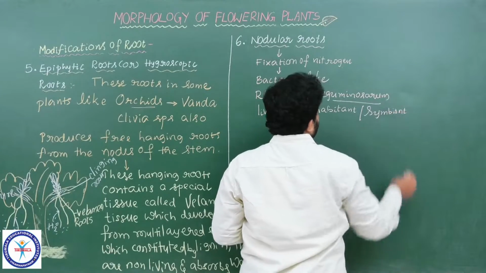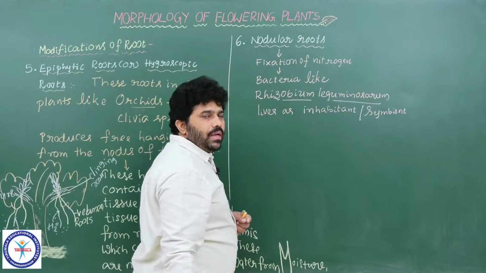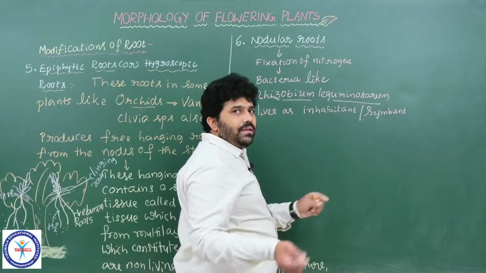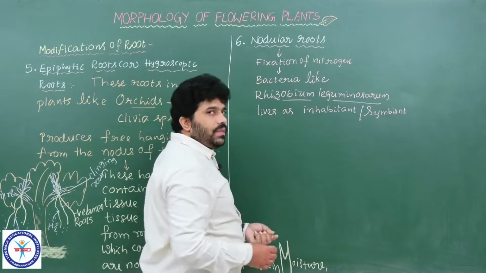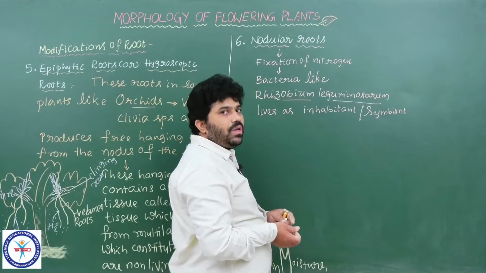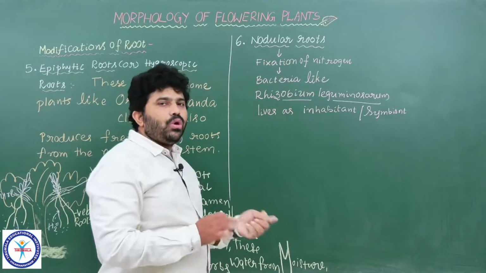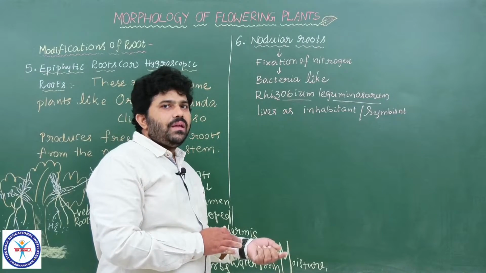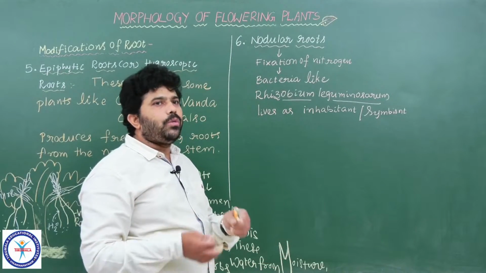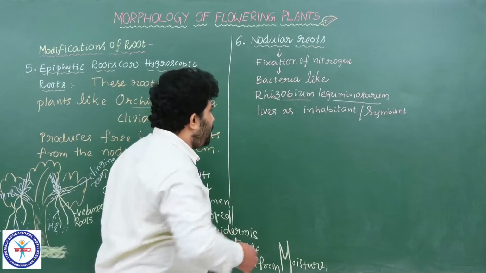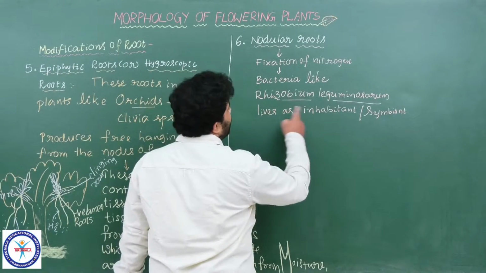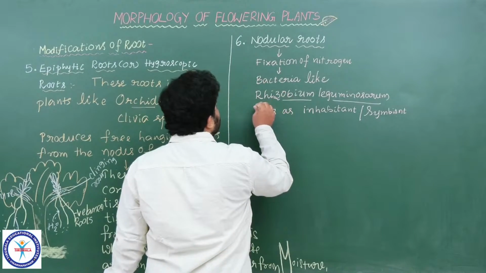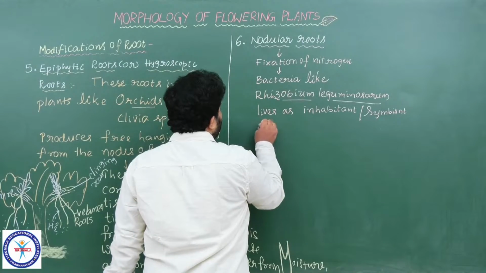Symbiont means two different organisms living together like a single organism. Understood? Both are getting benefited, vice versa. That type of relationship between two different organisms is called a symbiotic relation. Both get advantages and benefits. So those benefits are given by Rhizobium leguminosarum to the plants, living as a symbiont in the